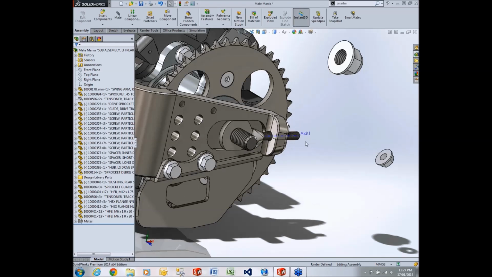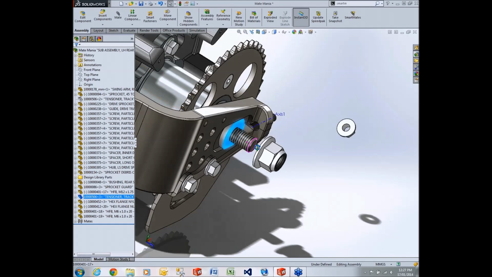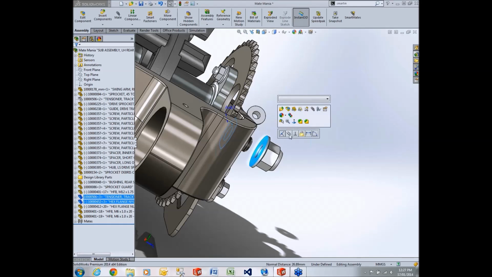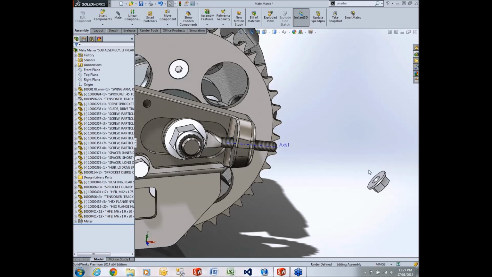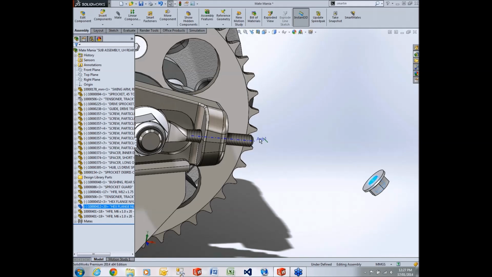Much, much faster. So I want to apply a mate between, say, this face here and this face here, let go, apply the concentric mate, and it's done. This face here, coincident, and it's done. I'm going to keep going, so apply a mate between this face and this face here,